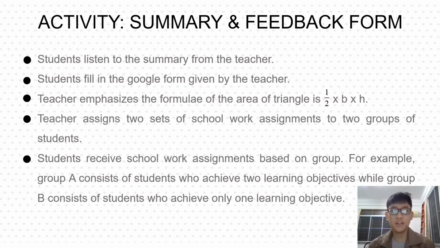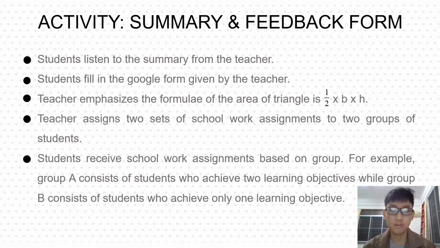Okay, now is the activity summary and feedback form. Students will listen to the summary from the teacher, and then fill in the Google form given by the teacher. Then the teacher will emphasize that the formula of the area of the triangle is 1/2 multiplied by base multiplied by height. After that, the teacher assigns 2 sets of schoolwork assignments to 2 groups of students,